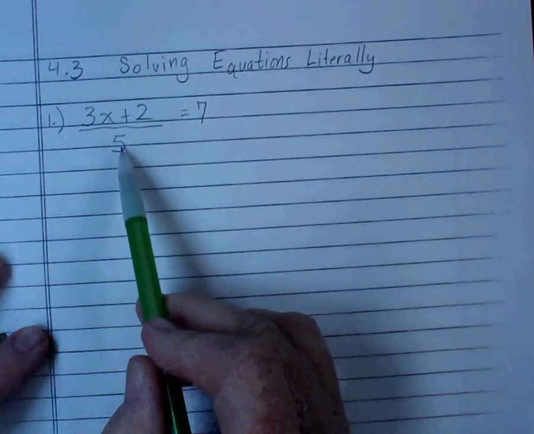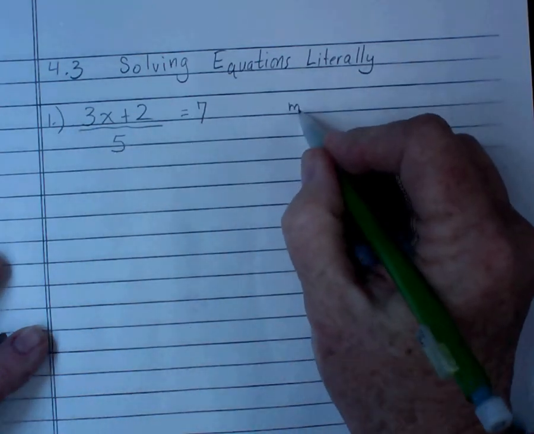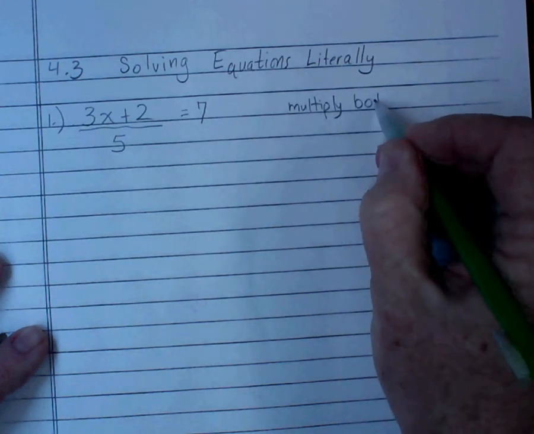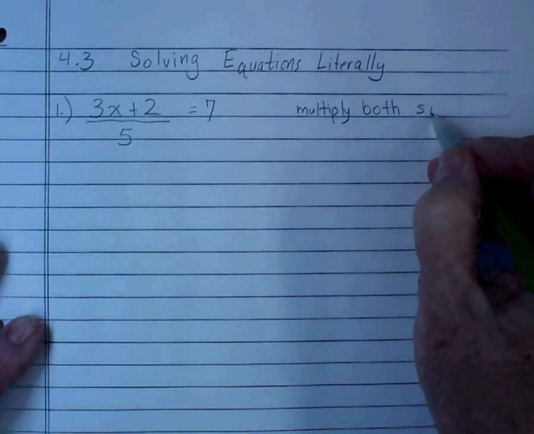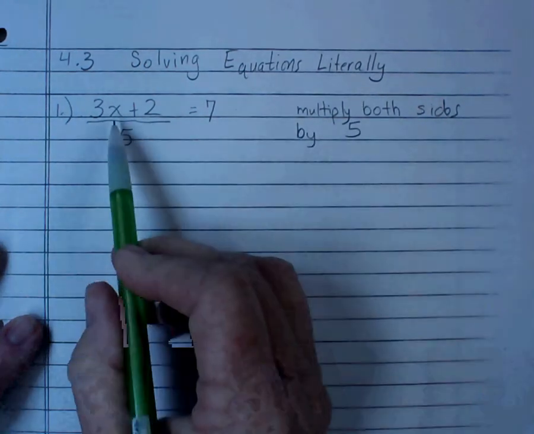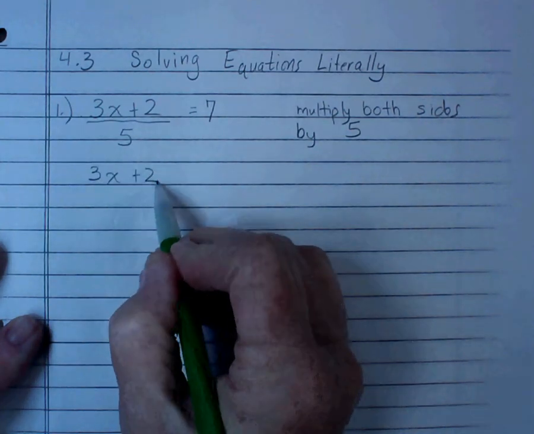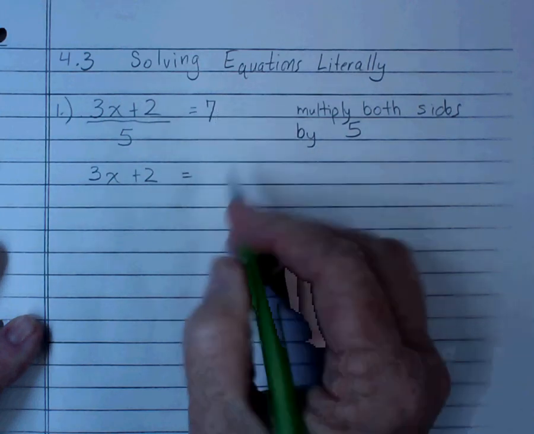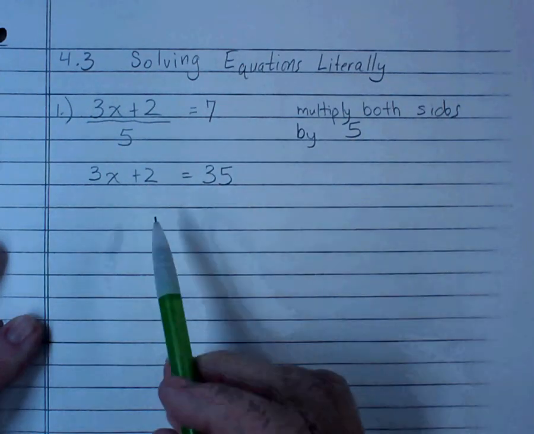So I want to clear the denominator. So I'm going to multiply both sides by 5. Oh, sorry, that's all crooked there. So that means on this side I'm going to get 3x plus 2. And on this side I'm going to get 7 times 5. 7 times 5 is 35. Okay, now